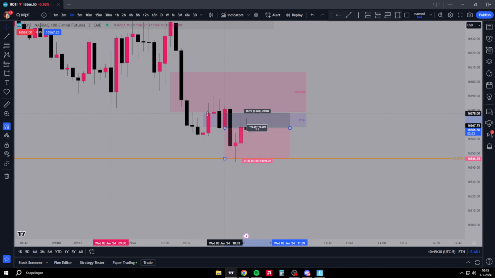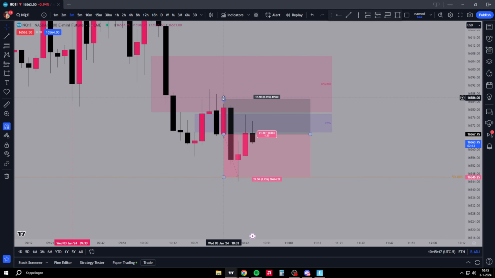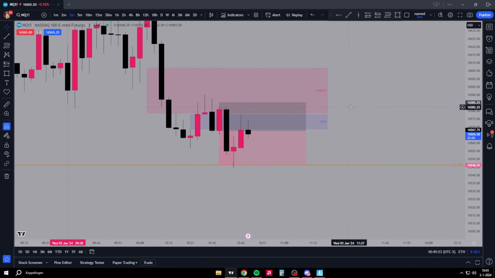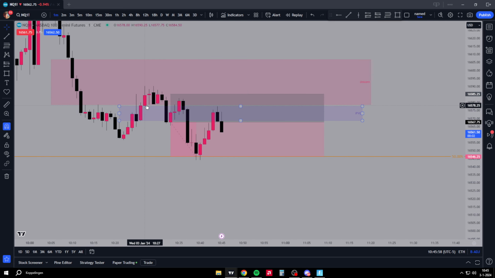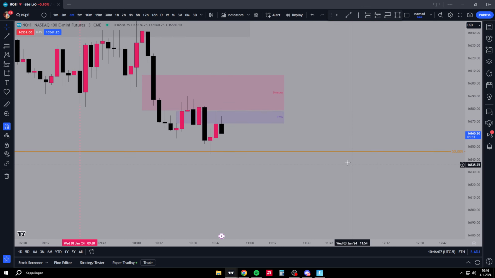Stop was above the breaker. It was actually too aggressive. But for next time, my stop is best placed above the inverse high right there. So that would be the better stop placement right there. But draw on liquidity still got hit, but it's fine taking a loss right now. And we're just accumulating right now, so that's fine as well.